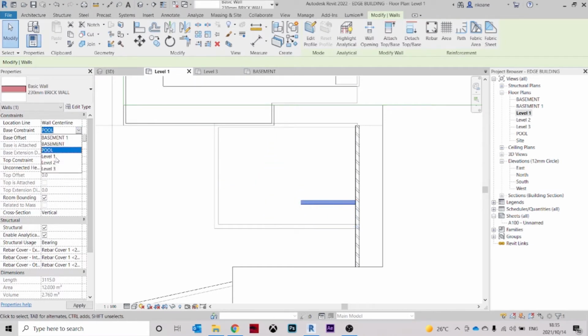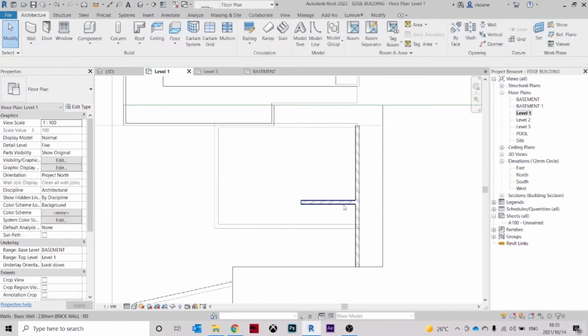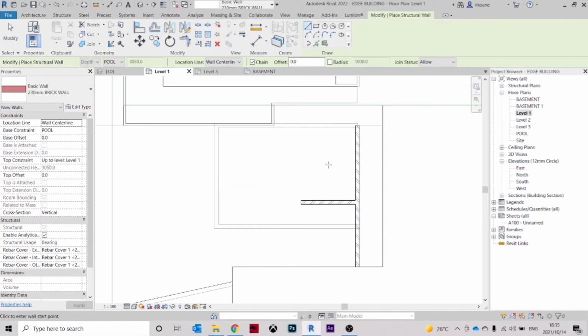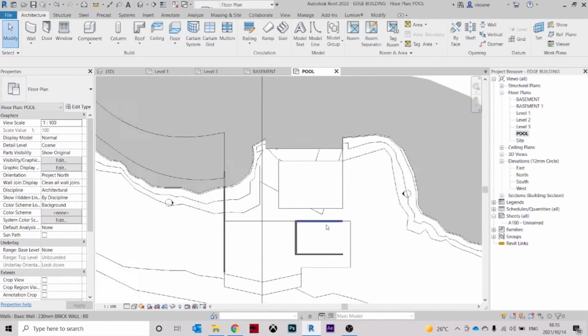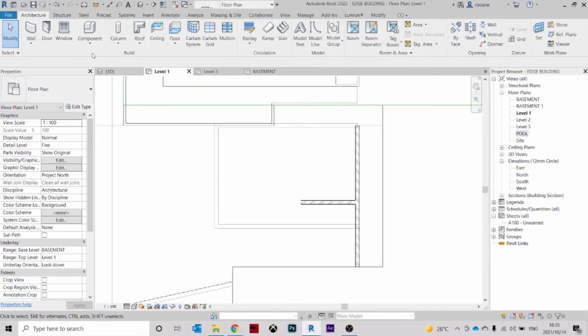It needs to be on level 1. If I do this again, I wonder why it keeps on going back to the pool level. Anyway,